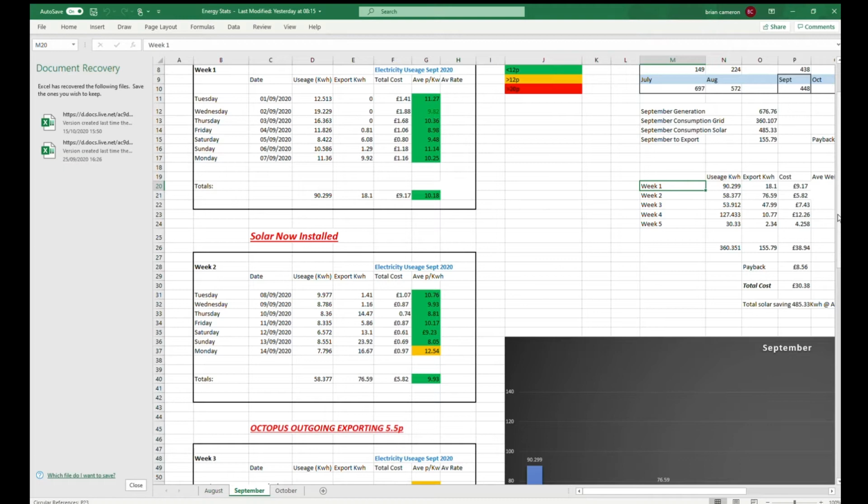But then after that it drops down quite a bit until about 4 o'clock in the evening, and that's when the prices peak on Agile. But my solar will produce from about 7:30, 8 o'clock in the morning up until about 4:30 in the afternoon, particularly in the winter. So I'm protected from those prices, but I'm also shielded and blocked from those cheaper prices. So in effect, what solar does is it gives me a lot of free energy during the day,